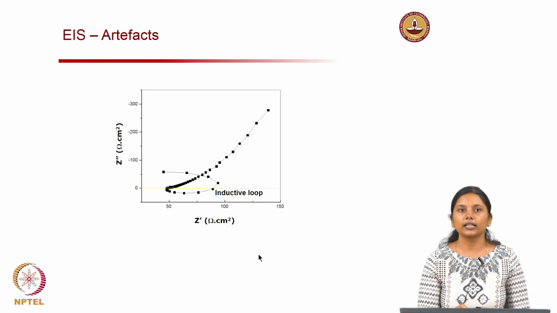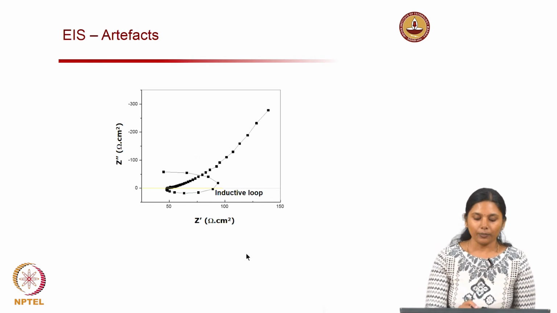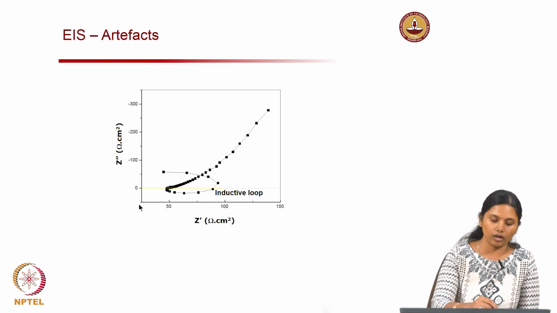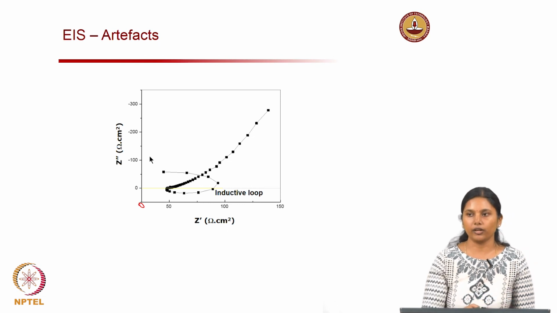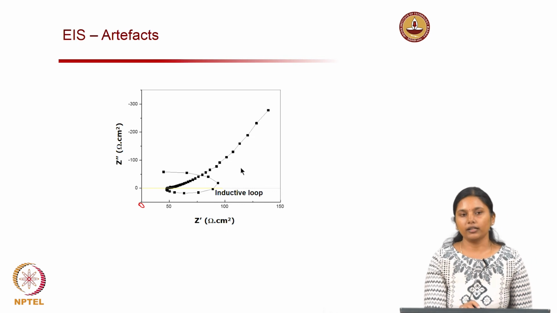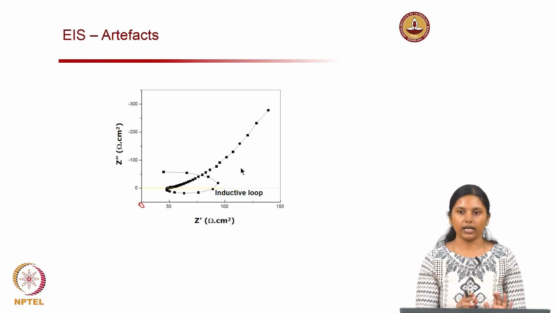So, this is another interesting graph I got. One may look at this and think that this is a very good graph, it does not have any distortion in the high frequency region. For example, the 0 is here, so it is not on the negative side of the impedance. But I got this kind of graph in a new system, so I thought it was because of the species that got adherent to the surface. But when I looked into the